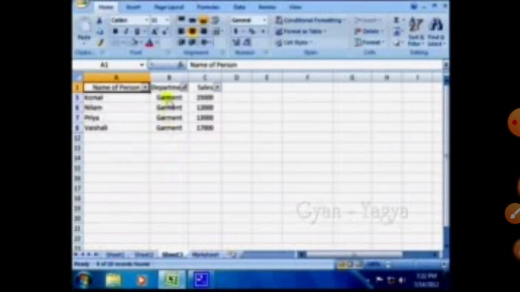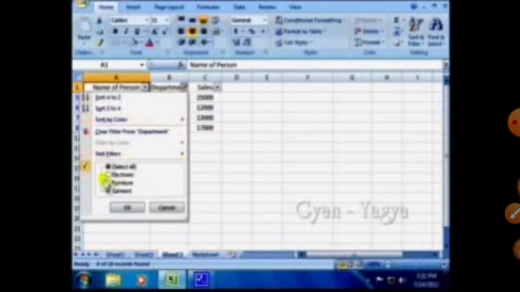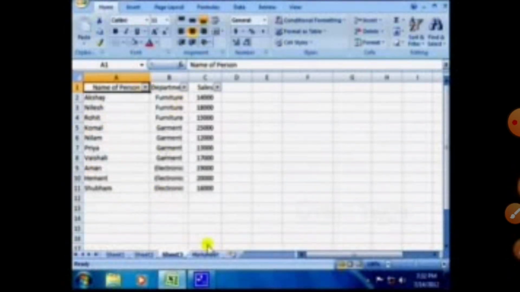So here we can see by the department. For garments, the four persons Komal, Neelam, Priya, and Vaishali are selling, their department is garments, and the sales are different. We can select all again to see all the data once again.